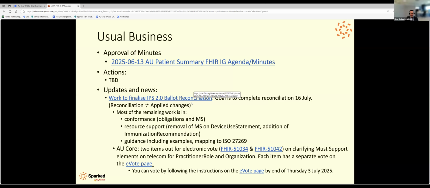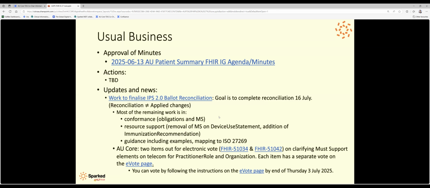And any update on the IPS? Heath or Stephen might be able to give a better summary. I'm happy to give a go, but as far as I understand it, the goal, as far as I knew, was the 16th of July. Let's finish making decisions about it. And then that has to go through changes and through into publication and through the patient care group. And